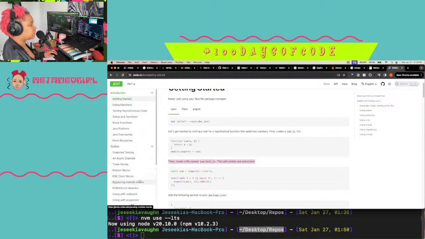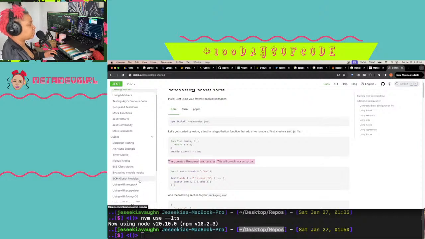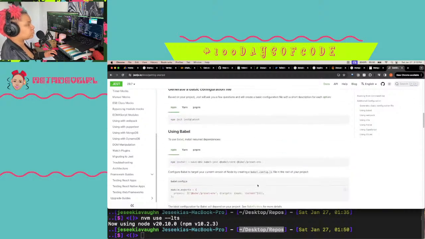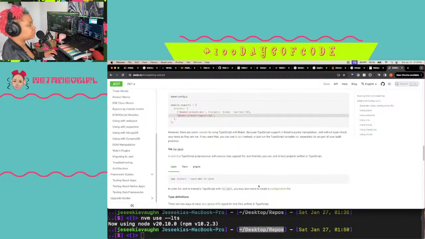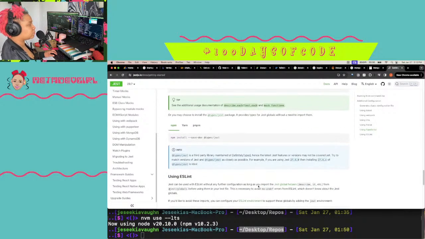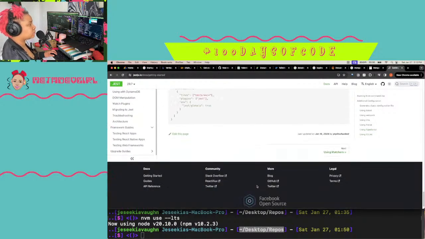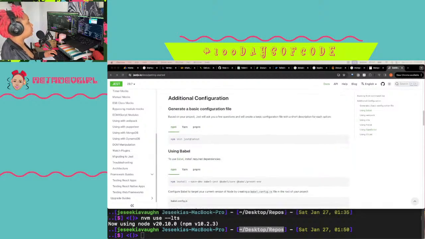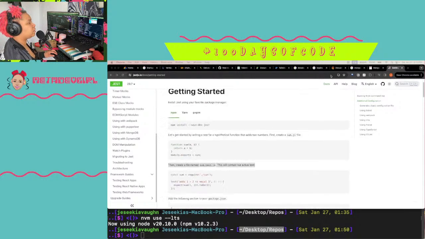Guide, snapshot, and async example. Okay. All right. Yeah, I think I'm gonna put Jest in there. Okay.